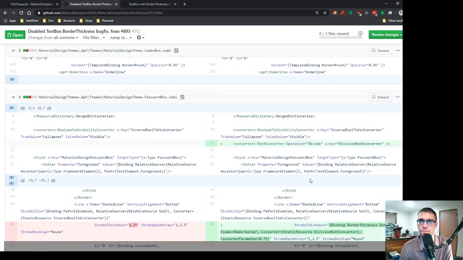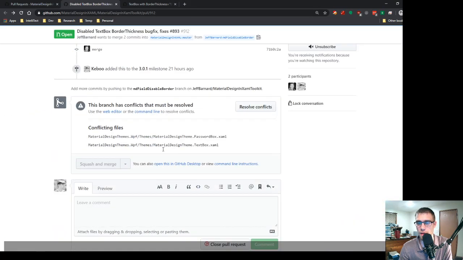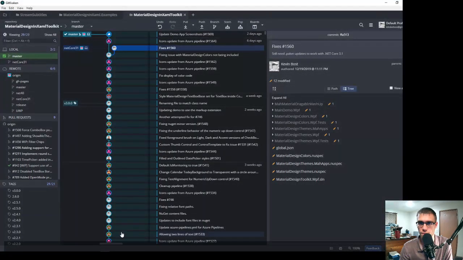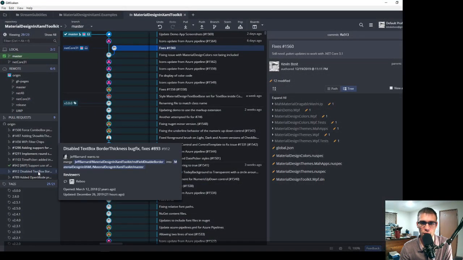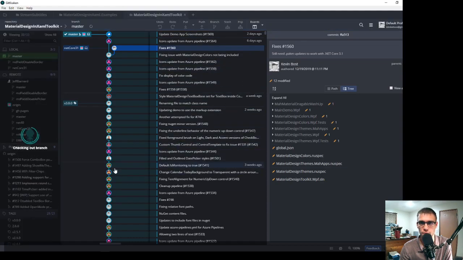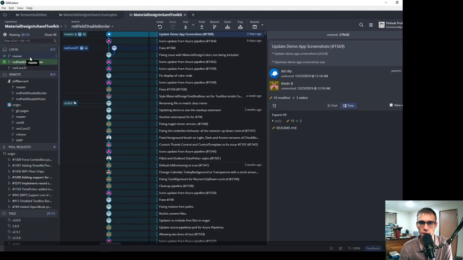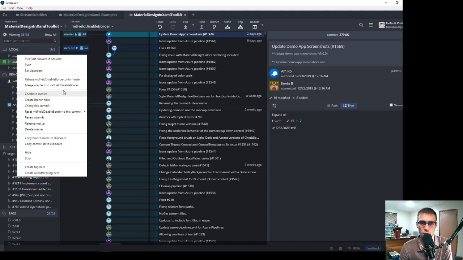Makes sense to me. So the next bit then is let's get this guy rebased, because this is currently having conflicts. So step 1, open up GitKraken, double click on the pull request, go ahead and check it out. And this is going to go way back in time. The next thing to do is make sure that my master branch is in sync, which it is, which is great. And then we are going to simply